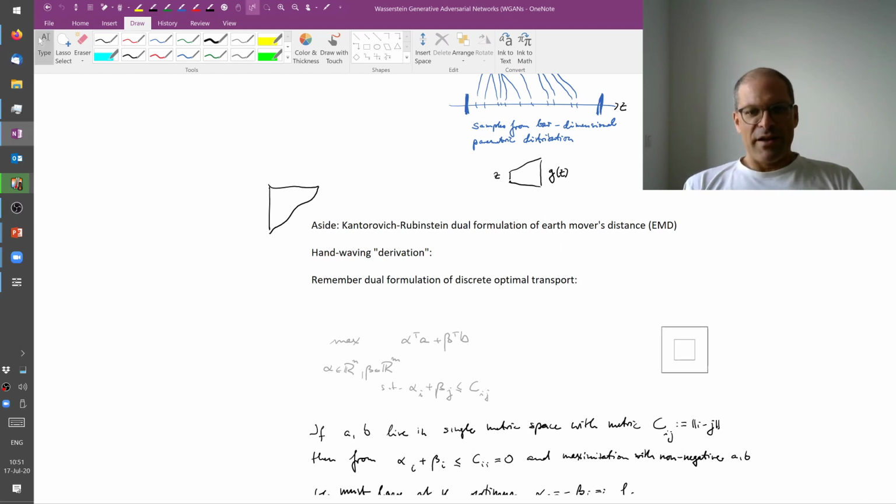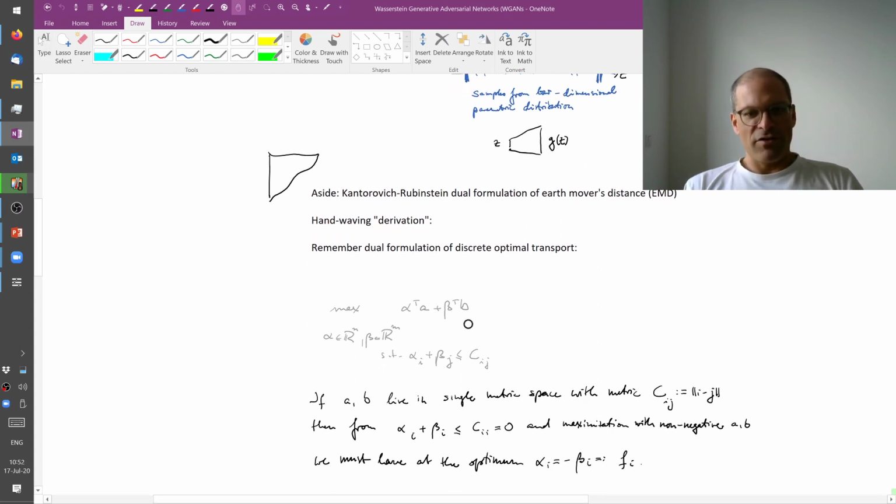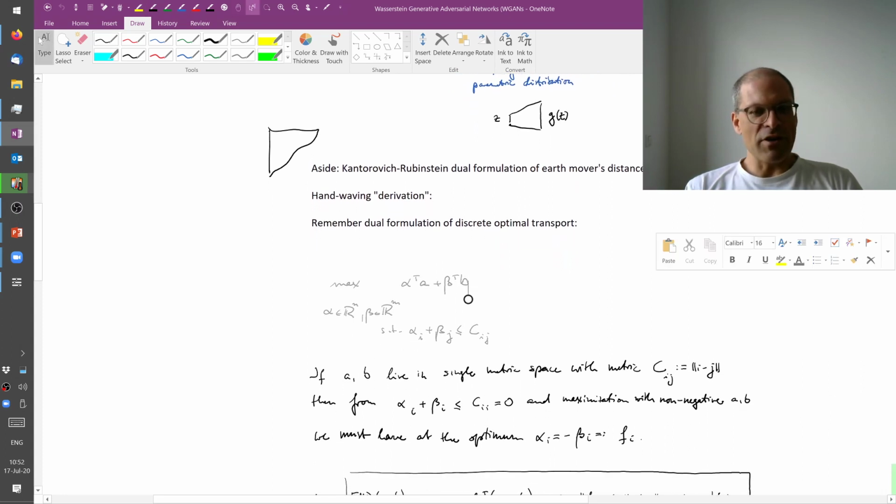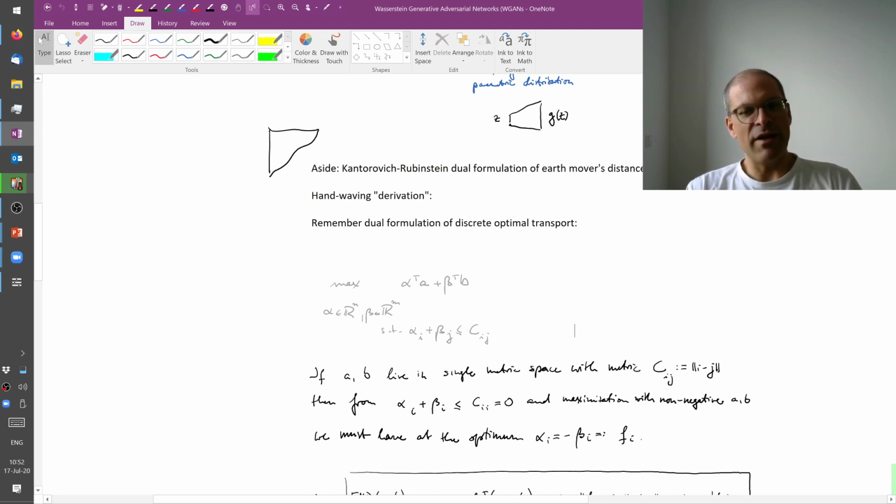Now, A and B were the source and target distributions. The way it's written here, they don't need to live in the same space or anything. And the way it's written here, the cost matrix can have any arbitrary structure. It need not have anything to do with Euclidean distance or anything else. But if A and B live in a single metric space, if my source and target distribution live in a single metric space with a metric C,